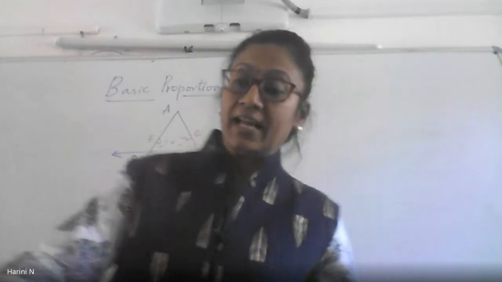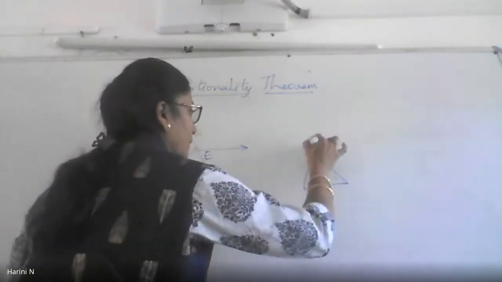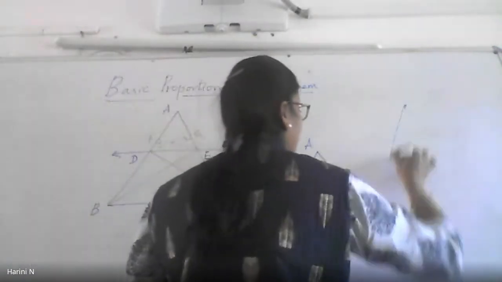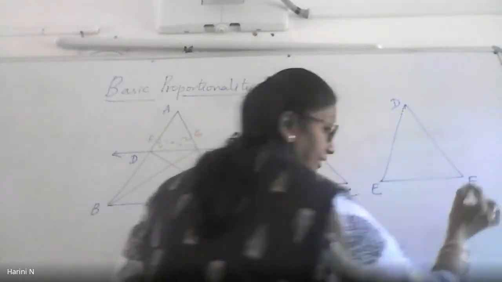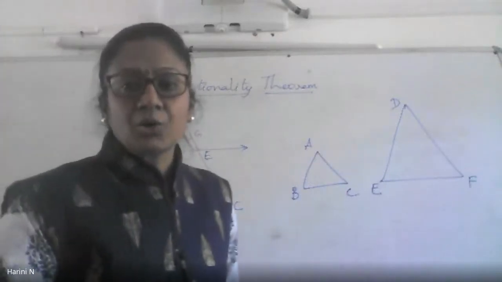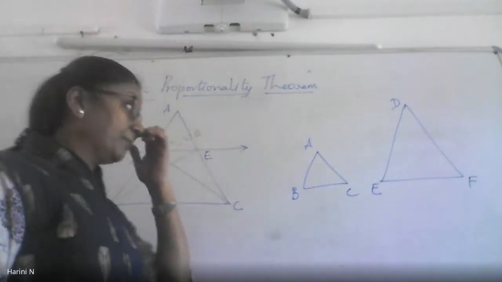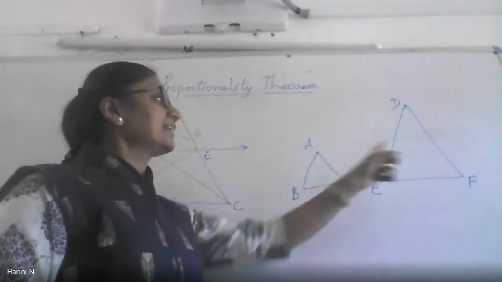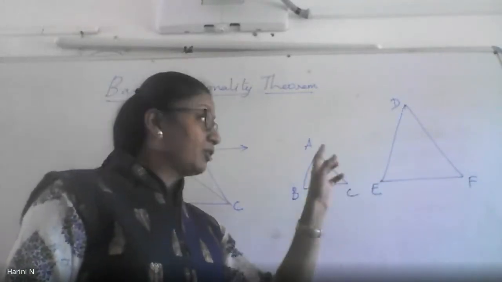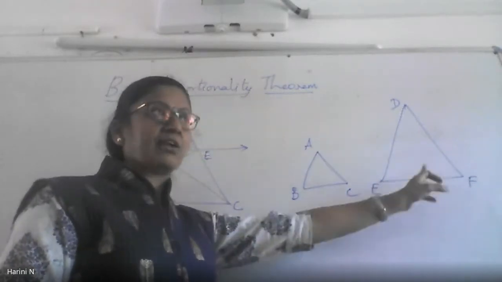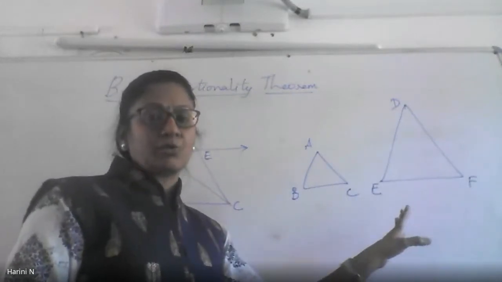But two triangles, when we tell they are similar, suppose I take a triangle ABC and another triangle DEF like this. I don't know if I'm going out of the frame. Let me check. Now it is visible. So I have two triangles, both acute triangles, having all the three angles acute, ABC and DEF. By looking at them, immediately you should be able to decide that they are not congruent triangles. Why? Because though they have the same shape, they are after all triangles, they are not of the same size. So definitely congruence is ruled out in the two triangles.